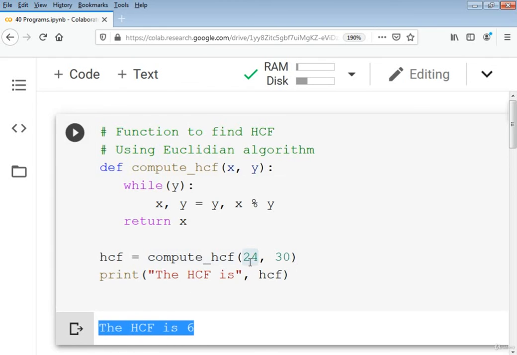So this is our output, while in the case of 300 and 400, the output was equal to 100. So this is the while loop here, the body of the while. We will iterate through it until the value of the remainder becomes equal to 0.